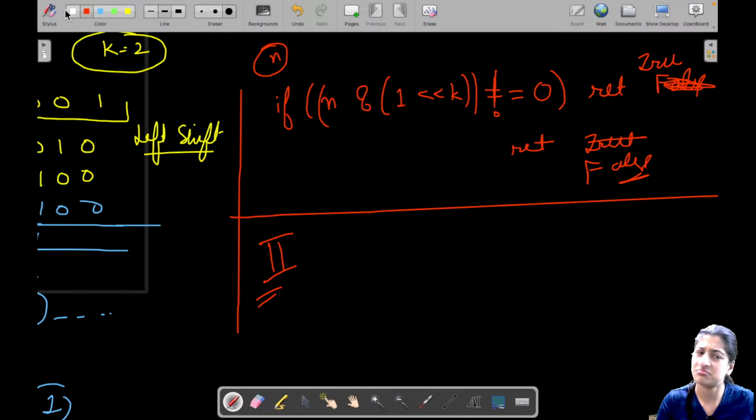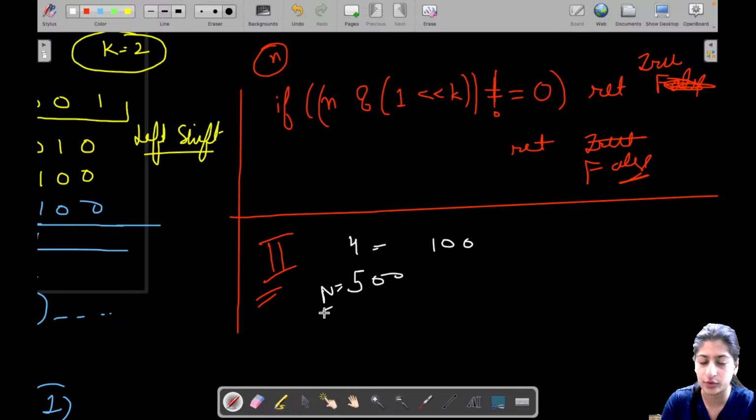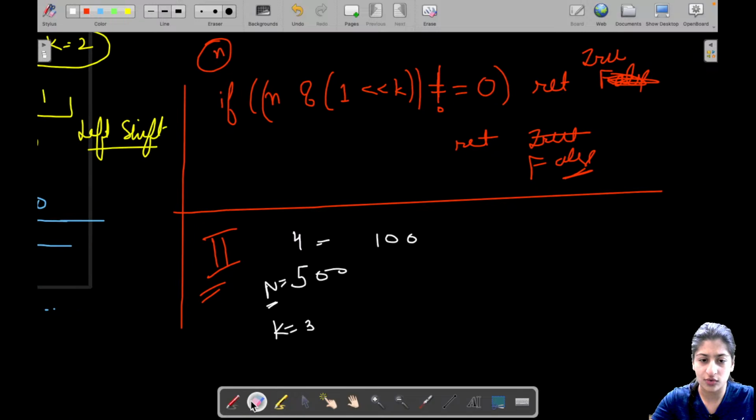is, again we are playing with the bits. This time, let's say your 4 is 100, correct? Let me take some other number. So let's take another number which is 500. Your n is 500, okay, and your k given to you is 3. So let's see what is the binary representation of 500. You have this given in one of the test cases. So 500 can be represented as